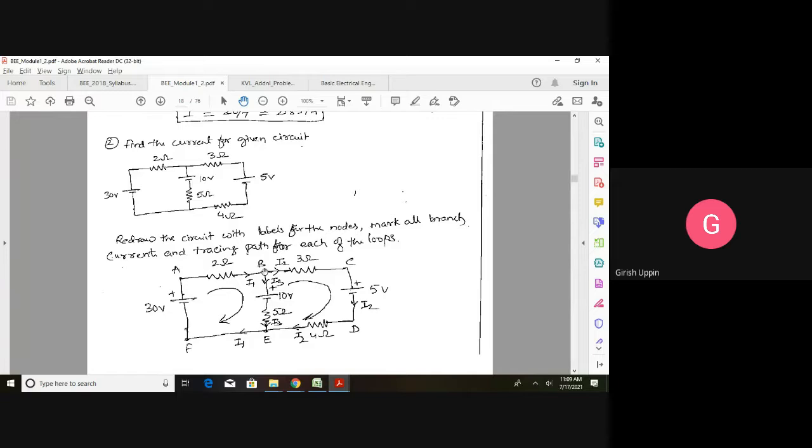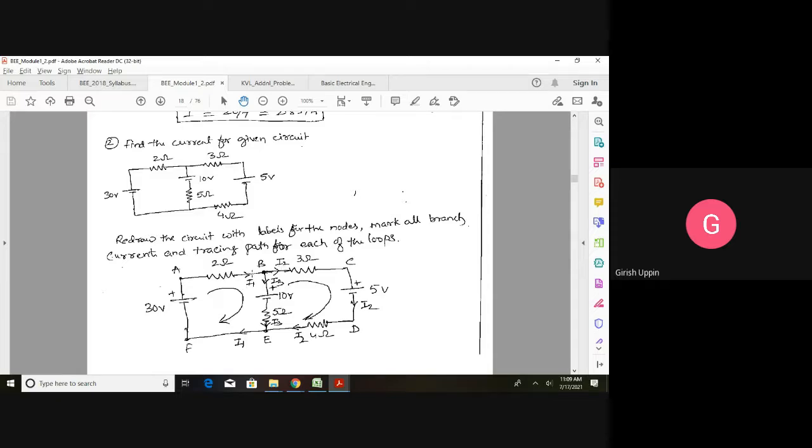Here this is the current I1, and once it comes to this node B, there are 2 paths. One is this direction, one is this direction. Mark this as I2. I2 will flow like this and it will come back here, and this is I3. What comes back here is I2 plus I3, back to I1. The other way to understand I3 is, what if I apply the KCL here? Sum of incoming currents is equal to sum of outgoing currents. Therefore, I1 is equal to I2 plus I3, or I3 is equal to I1 minus I2.